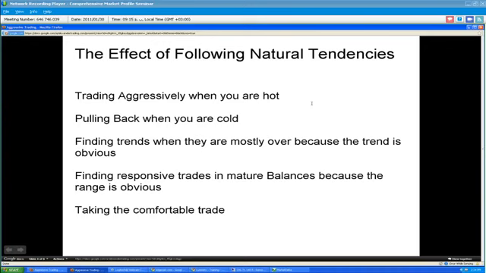So you're on the opposite side of the bulk of traders. And when you get on the opposite side of the bulk of traders, when your trades do work, they tend to move faster and they tend to move better, because you're catching the other traders in the wrong direction. Okay, so that's one of the great ways that you can use your emotions,